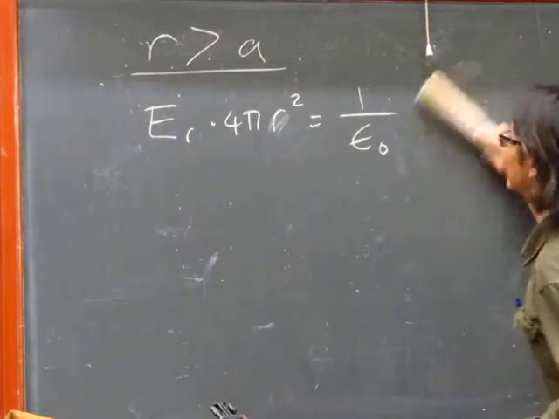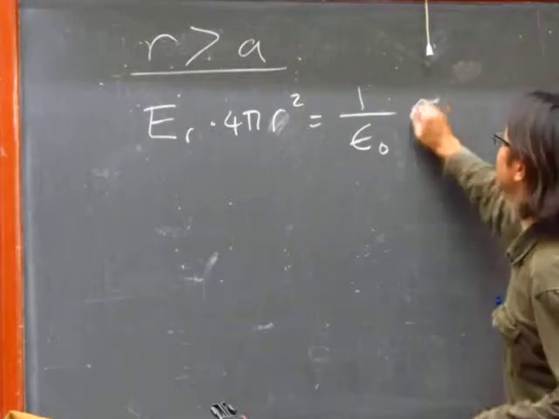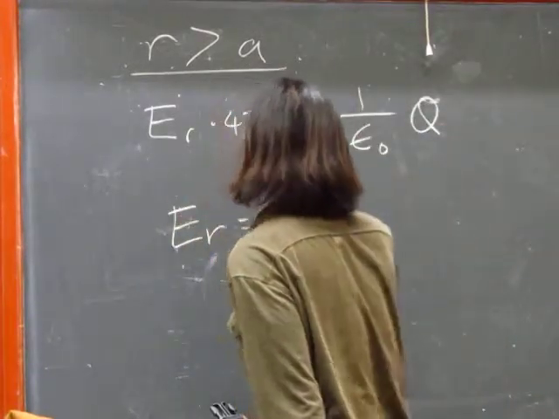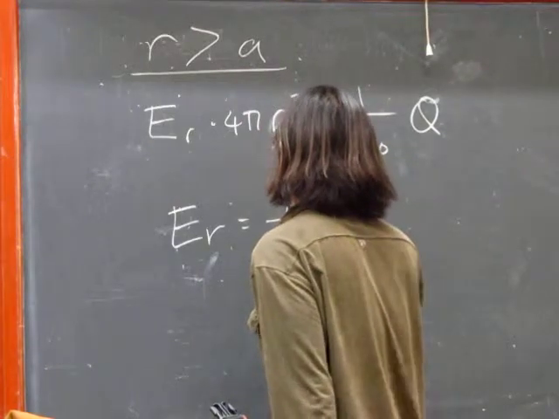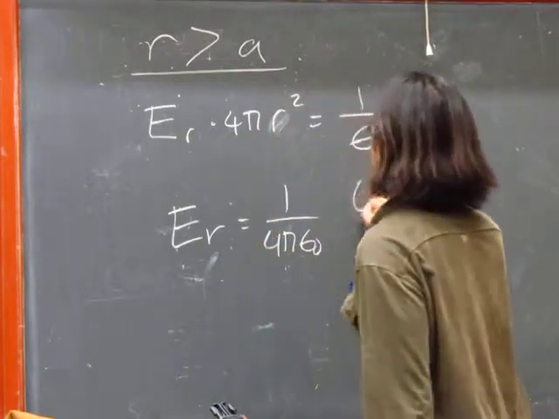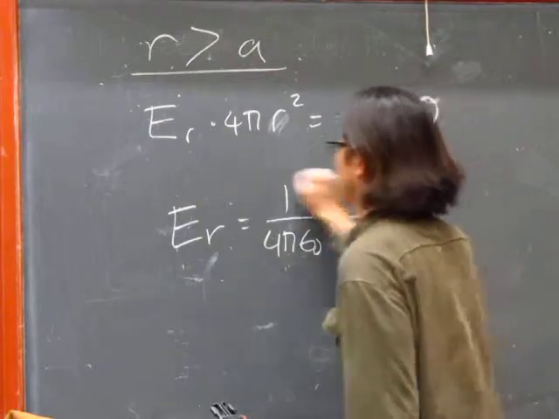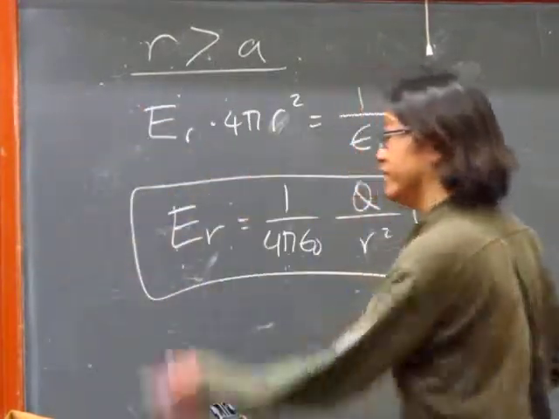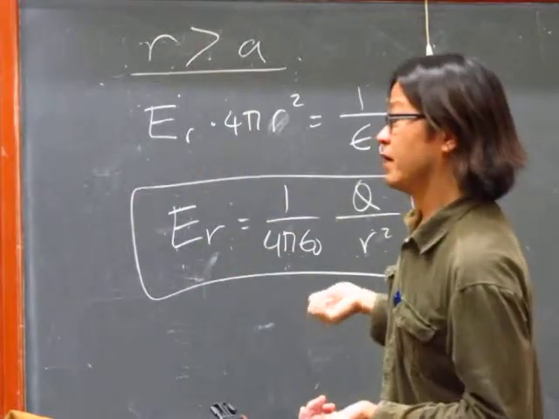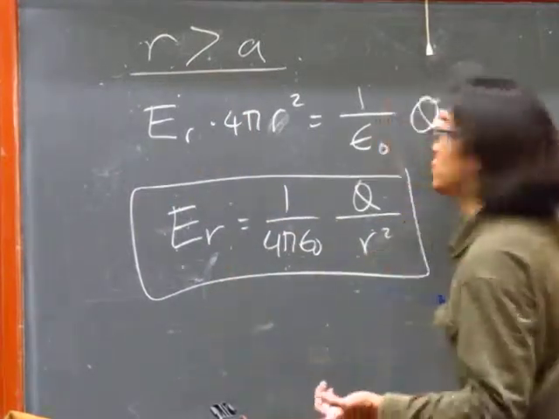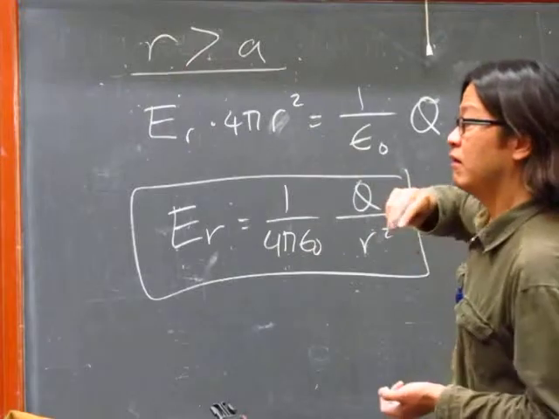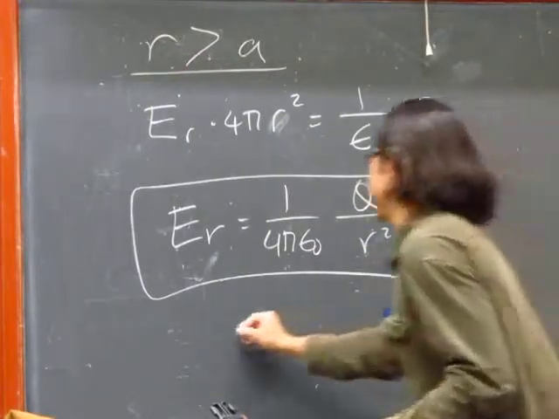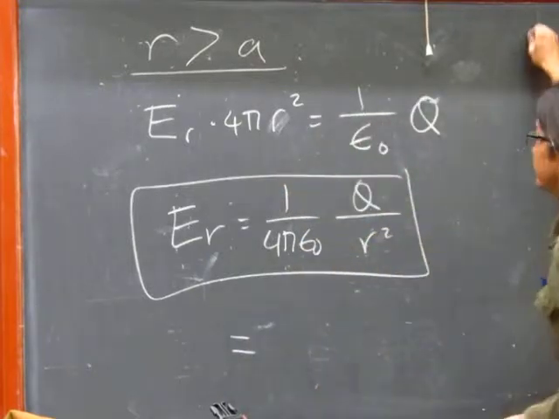It's just Q. So the electric field here is just 1 over 4 pi epsilon naught Q over r squared. And just to be consistent with the result from over there, you can re-express Q in terms of rho, and then you get some answer. I don't remember as yet what it is, but